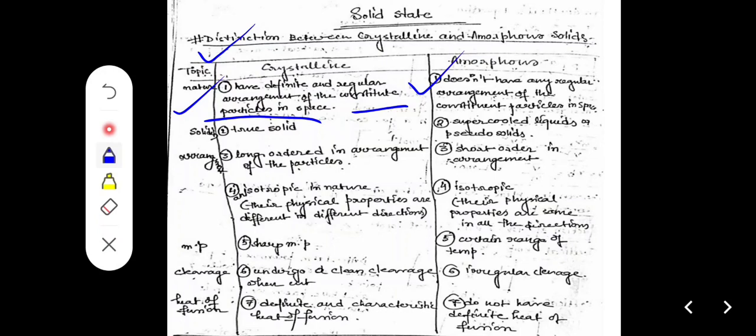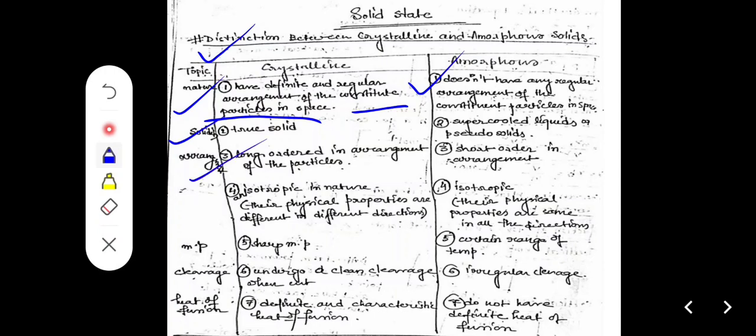There is no fixed arrangement. Okay, so constituent particles in space like that should be called amorphous. Okay, crystalline, as they are a perfect arrangement, we can term as true solid. Okay, amorphous has no perfect arrangement, so we cannot say it is a true solid. Amorphous solid is considered as supercooled liquids or pseudo solids. Pseudo means it shows solid character but has lost many characteristics of solid. Okay,